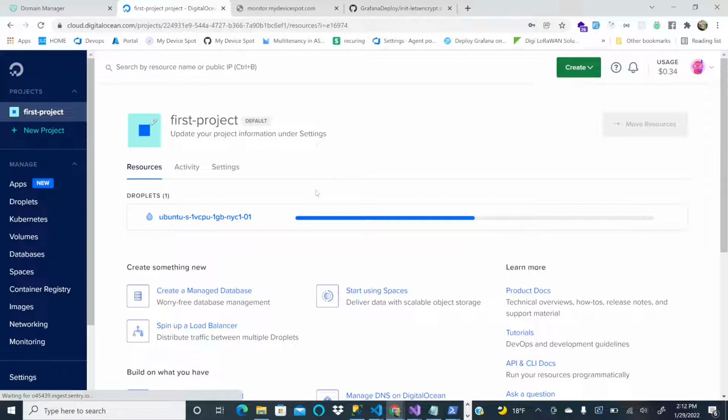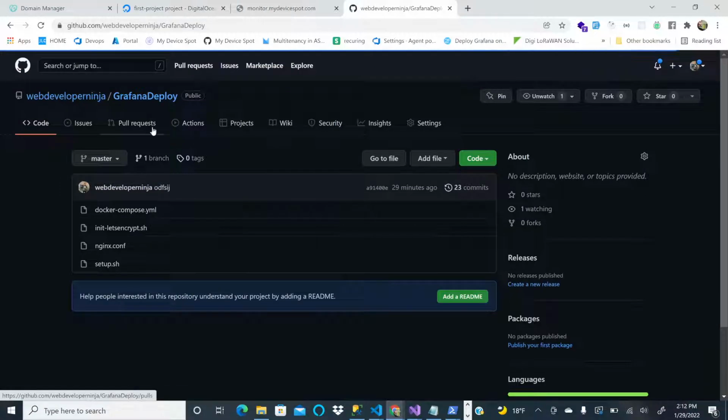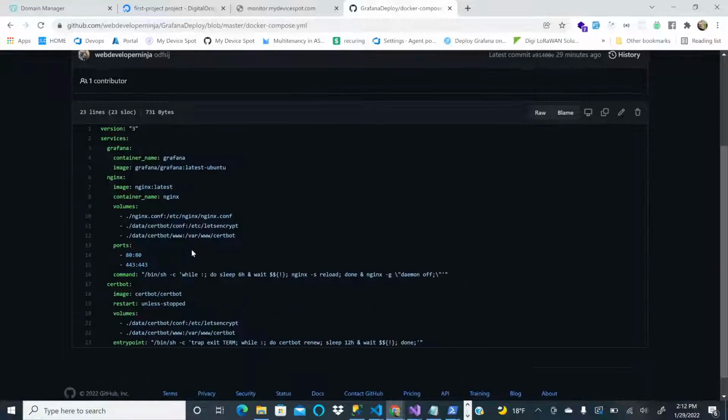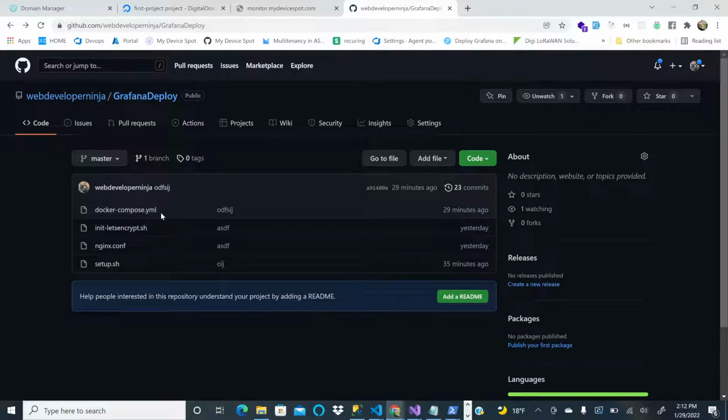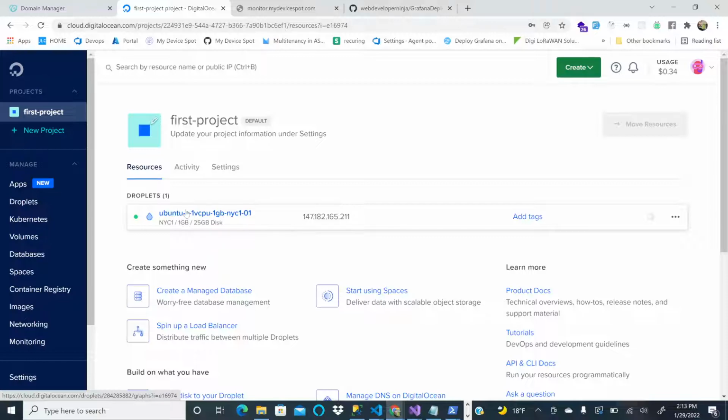Okay. So while that is deploying, we're going to go to GitHub and take a look at this project, Grafana Deploy. So Grafana Deploy, we've got a Docker Compose, which has three services. We've got Grafana, we've got Nginx, and we've got Certbot. And then to glue it all together, we have two shell scripts. Okay, looks like that's about